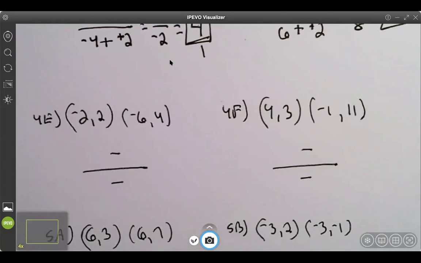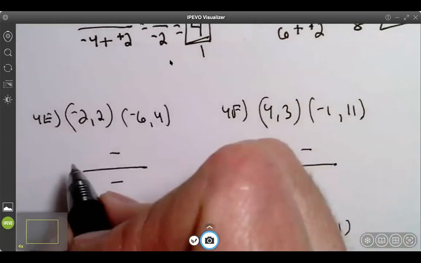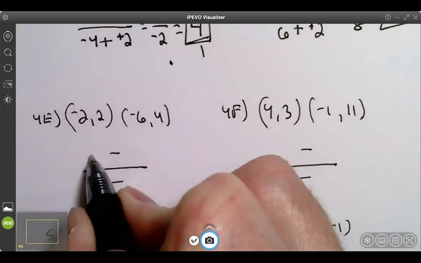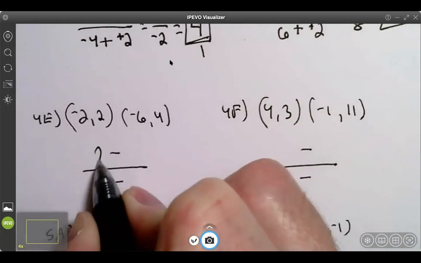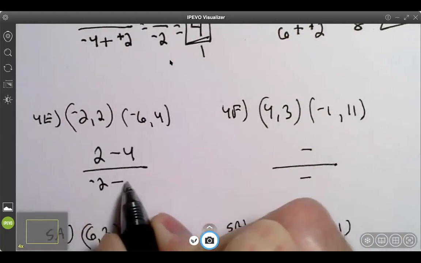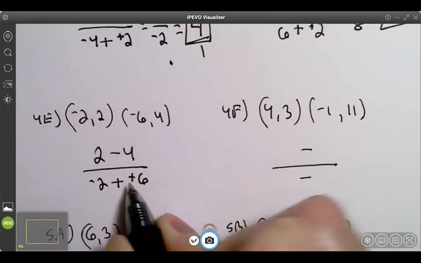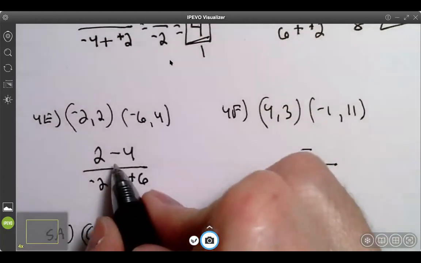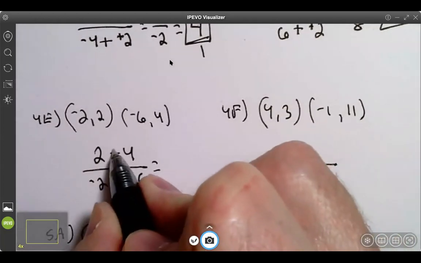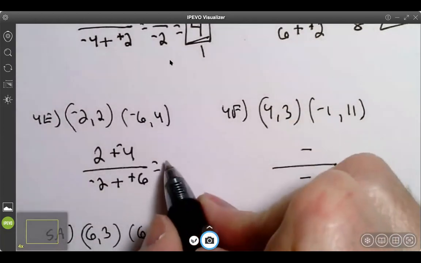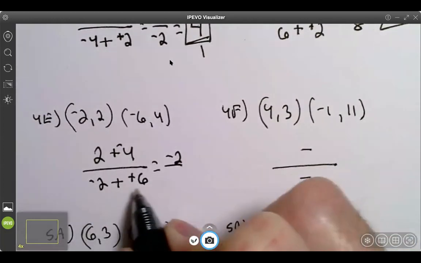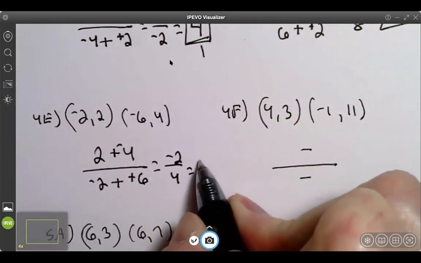Try 4e. On 4e, I'll go left to right. 2 minus 4 on top, -2 minus -6 on bottom. I have a double negative, so I'm going to change it to a double positive. 2 plus -4, and you can change that to look like if you want. 2 plus -4 is -2. -2 plus 6 is +4. That simplifies to